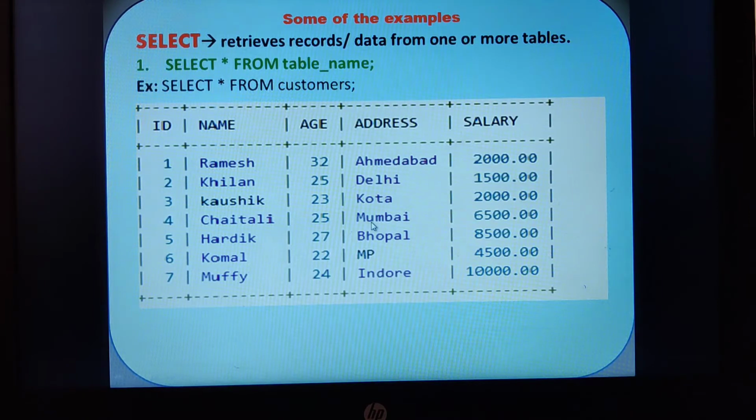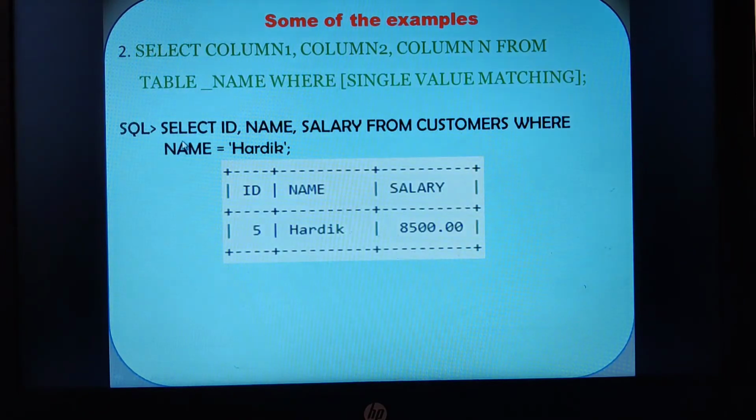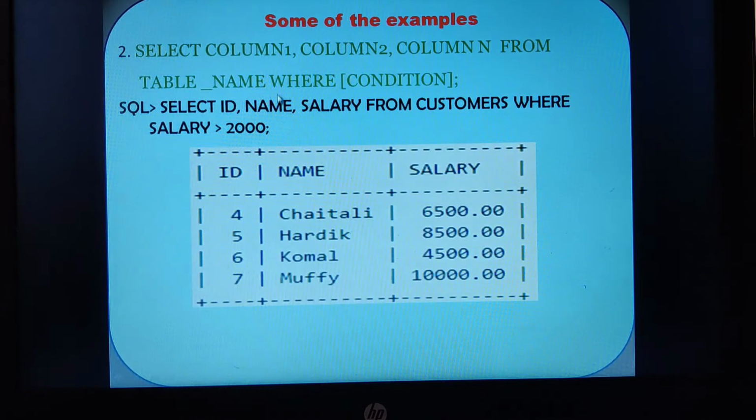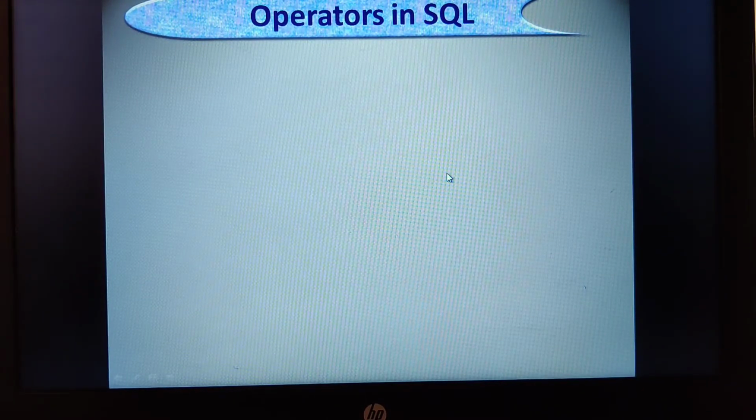So these are a few of the examples. Now I can display all the contents here. I can display the contents only based upon the columns. I can retrieve the contents based upon single matching. If I was very specific and want to display only a single record, then I have to use this particular syntax. And if I want to retrieve based upon any condition, irrespective of the number of records, then I have to use this particular format of the select command. Understood, students? I hope the examples are clear. Make a note of it.